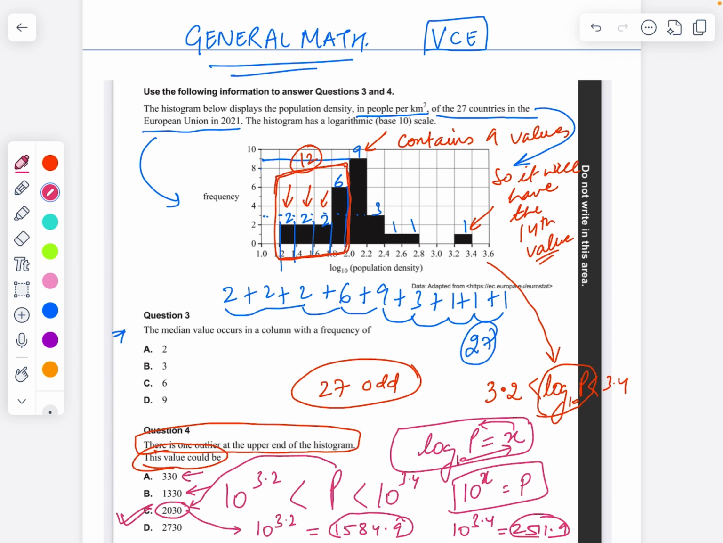And for the previous one, the median one, since I said that it is going to lie in the column having the frequency of 9, hence D is the correct